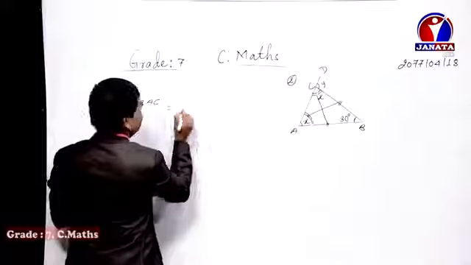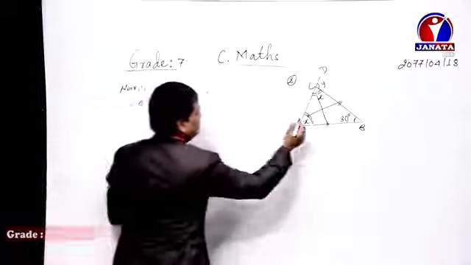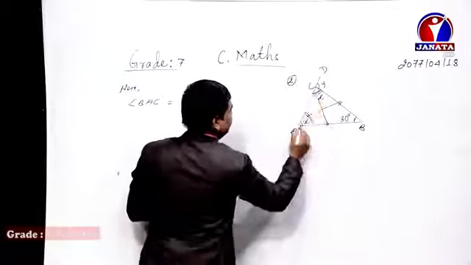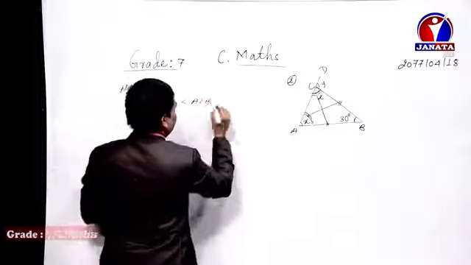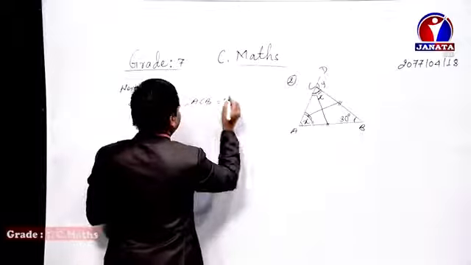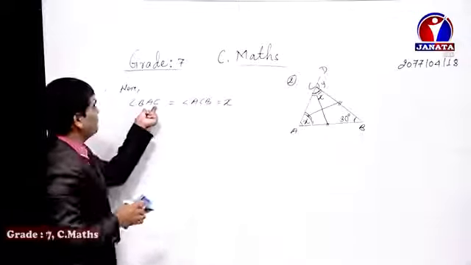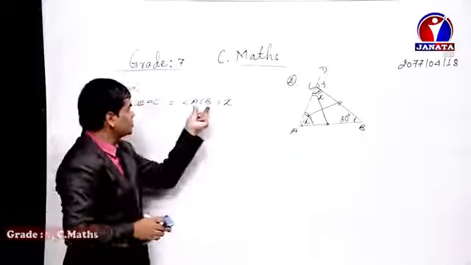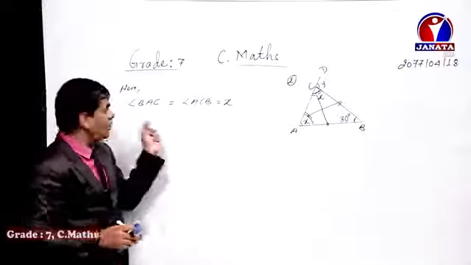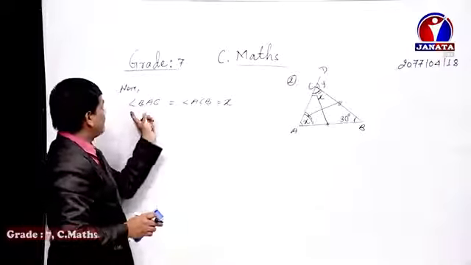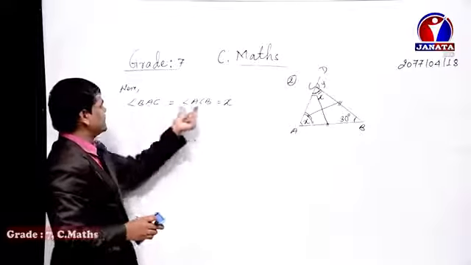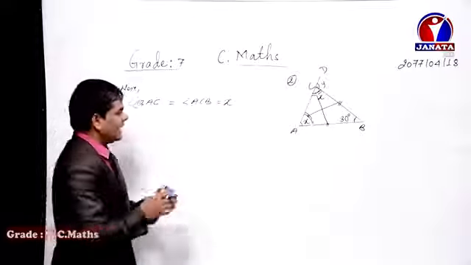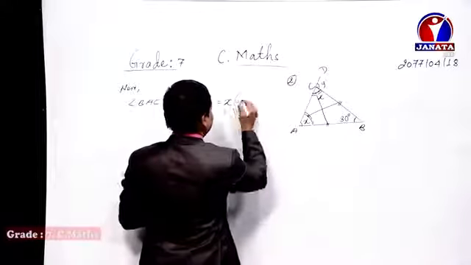Angle BAC equals angle ACB, and angle ACB equals x. Why? As this angle is mentioned as x in the question, to this one also we can write x. So altogether, in combined form, angle BAC equals angle ACB equals x. Now the reason behind it will be